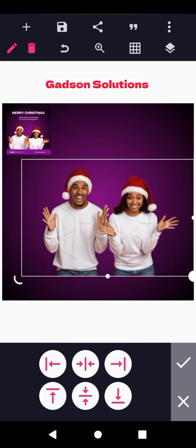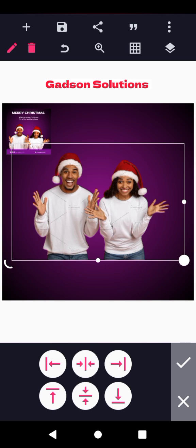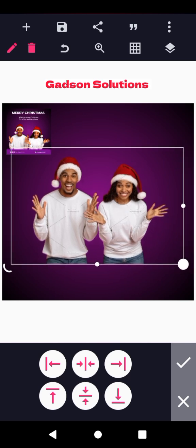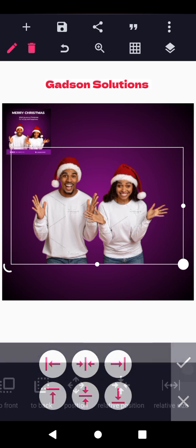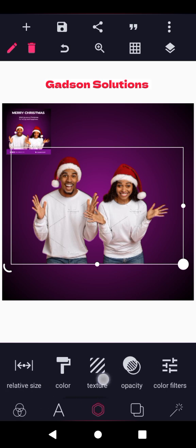Look, if I click on this side, it's moving. Click on this side, it's moving. If I click on down, you can see, but I want to use center. You can see, so it's at center. So let me still move it down a little bit. Okay, the next thing I'm going to do is I will click on that check mark. I want this thing to become brighter and much clearer. So what I will do is I will come here, come to